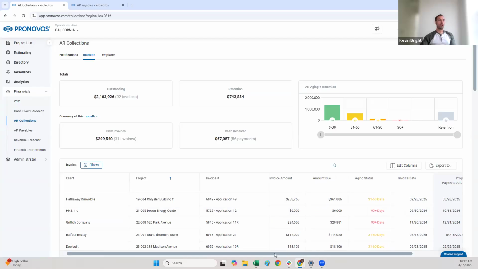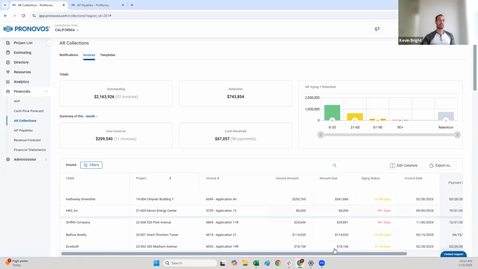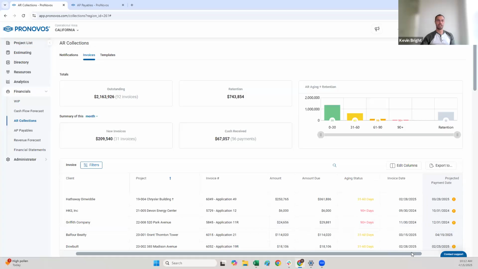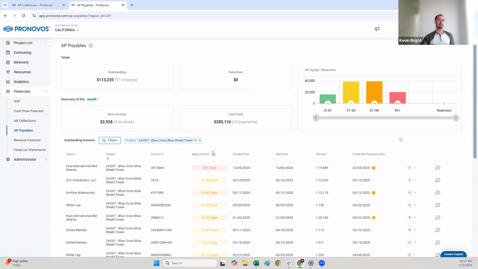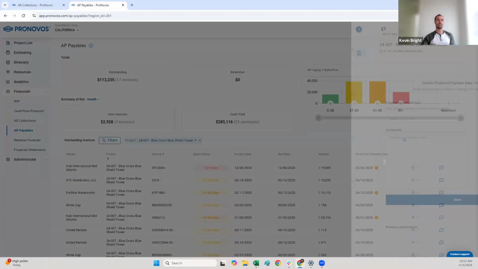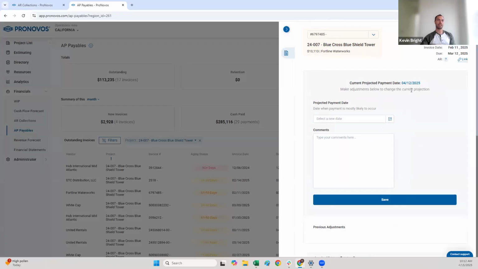One other thing that's really important when managing your AR is to make sure you're managing your AP hand in hand with that. If you go to the AP module, when you update this projected payment date for a specific AP invoice, rather than just saying, hey, I'm going to plan on paying this vendor or sub on April 12th,